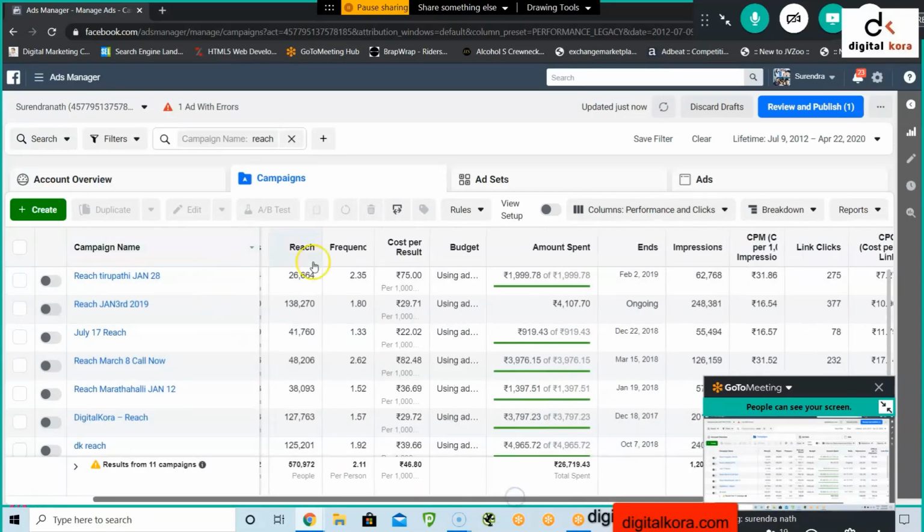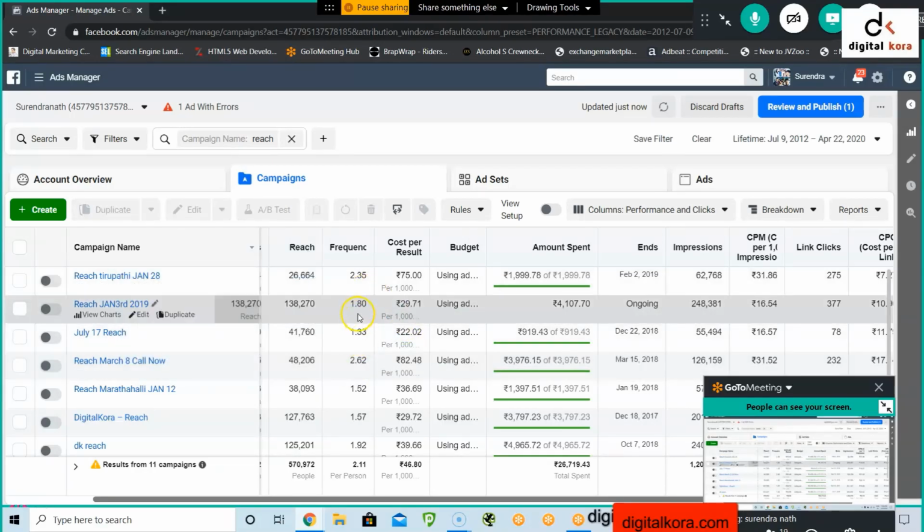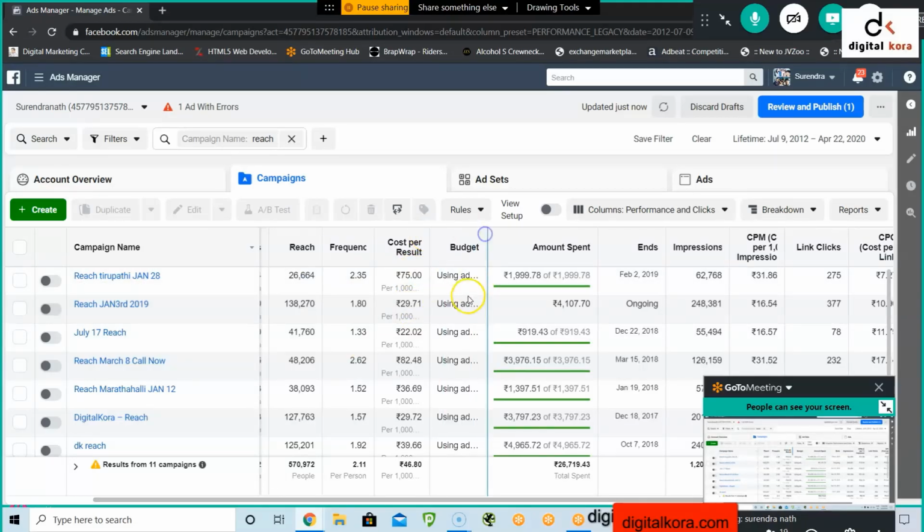Performance and clicks. Reach means the unique number of people. People means always reach. It is the number of people who saw your ads at least once. Reach is different from impressions, which may include multiple views of your ads by the same people. Frequency means how many times each person saw the ad. Cost per result. What is the meaning of